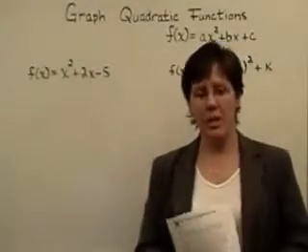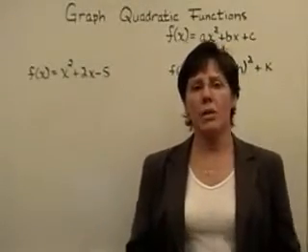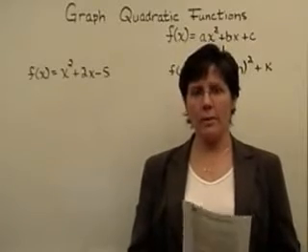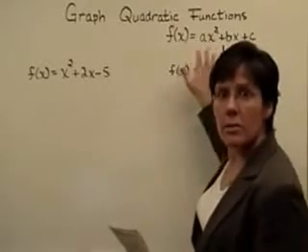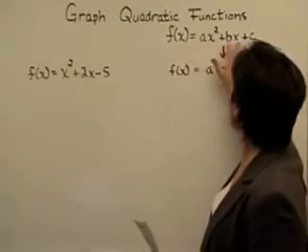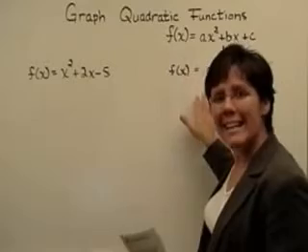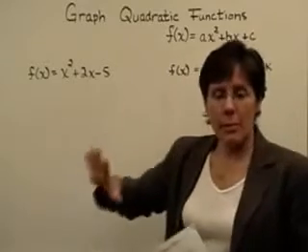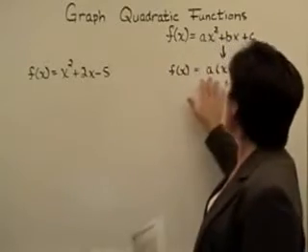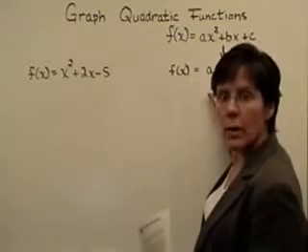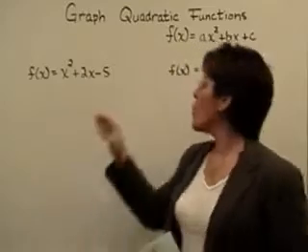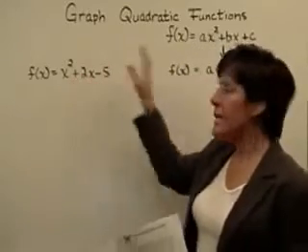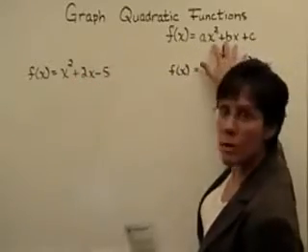In this section, we're going to look at graphing quadratic equations that are not in the form of the previous section. We're going to look at quadratic equations that are in standard form, ax squared plus bx plus c. And we're going to get them into the form that we graphed in the last section, which is a times a binomial squared, x minus h, that quantity squared, plus the constant k. So we're going to take this example right here and get it into this form,